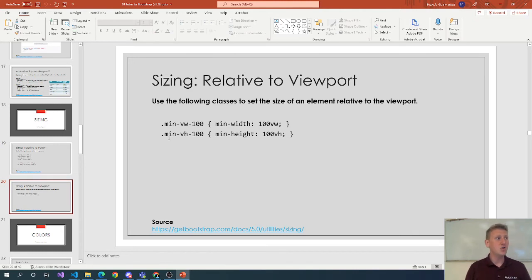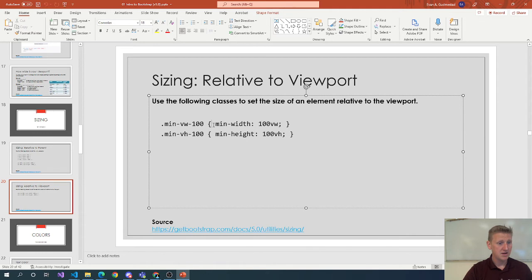We also did viewport width and viewport height. And so minimum viewport width would be min width of 100 VW. So we've done a fair amount of 100 VW, 100 VH. So min VH 100, min VW 100 would be the classes to,